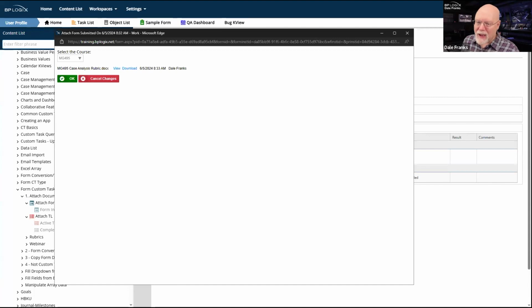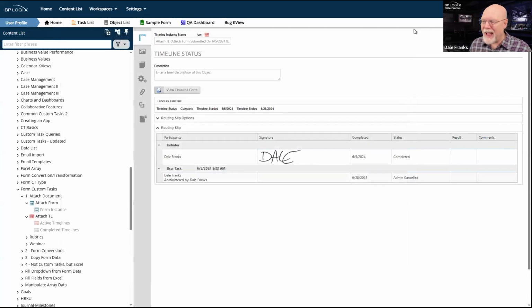So in that case, while it is often useful to look at the form to see what it looks like and what its current state is, I'm not going to be able to make the change here, but we'll talk about that a little bit later when we talk about changing the form. Okay, great. So I've got this. I can see the form. I can see what's happening in the process.